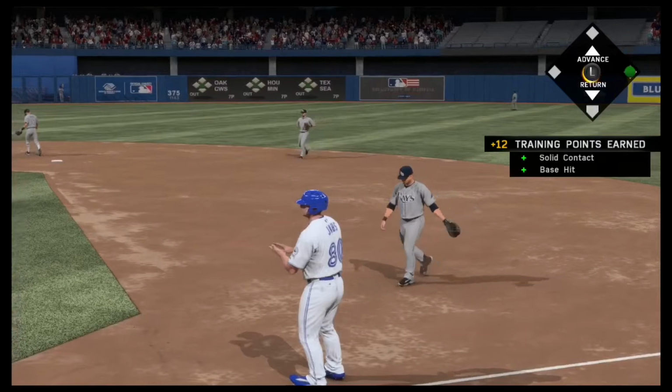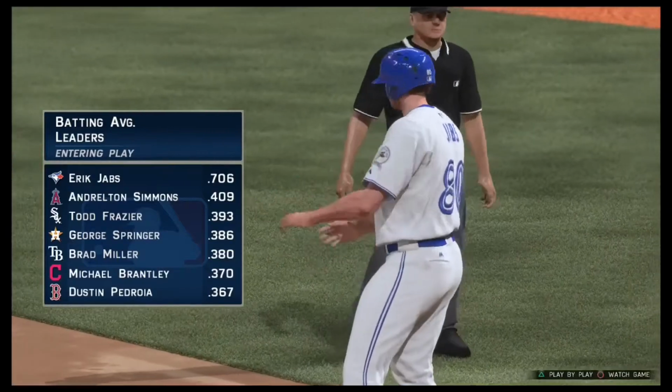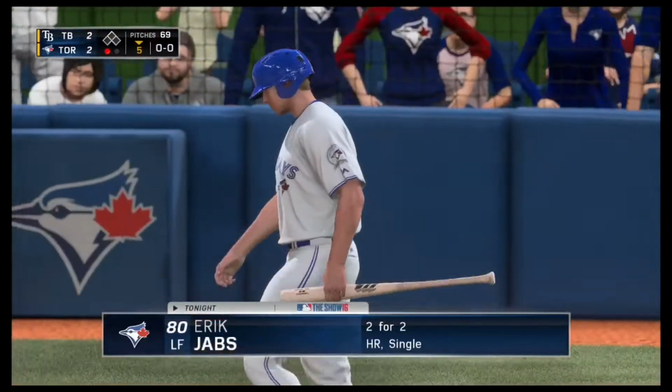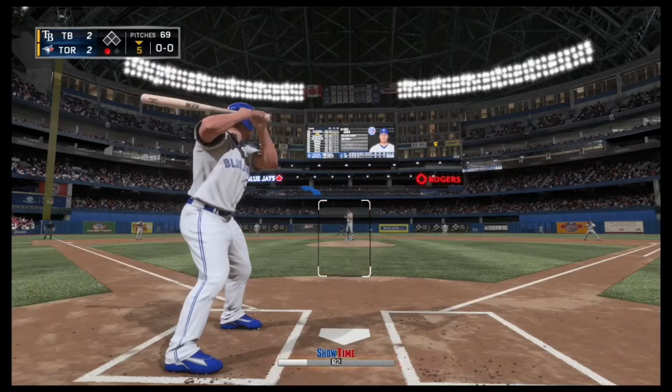Don't really get too many base hits because usually, since I have my power ratings up, I hit a lot of homers. I'm leading the league in batting. Andrelton Simmons, .409. Todd Frazier hitting .393. That's a big surprise. Frazier, as you know, pretty much struggled to hit .200 last year because I think he